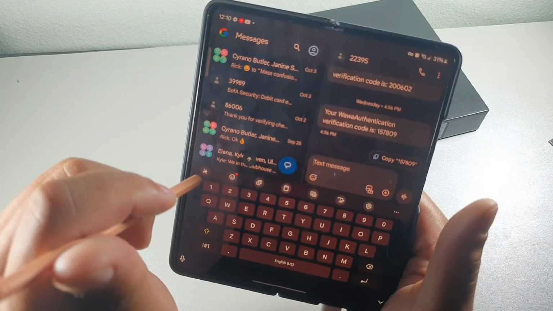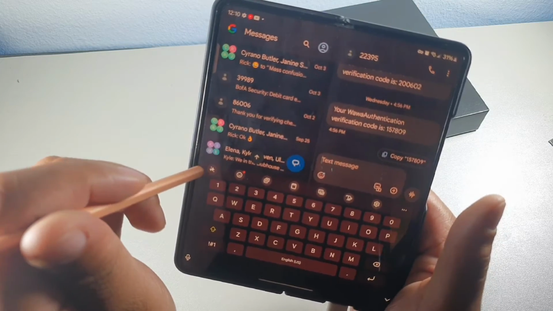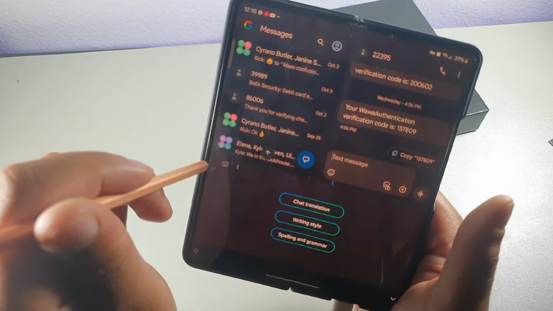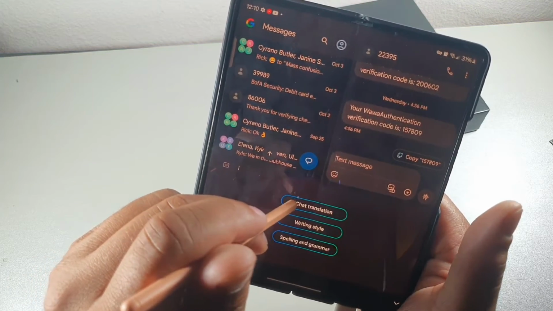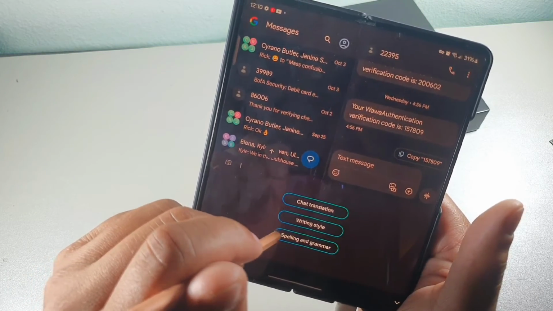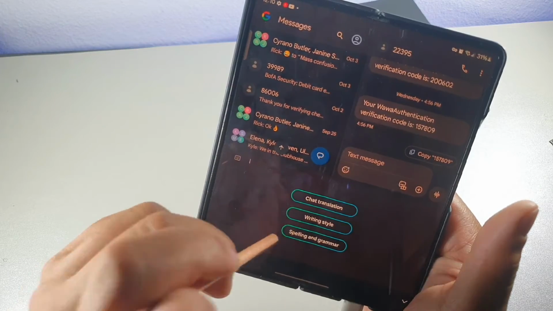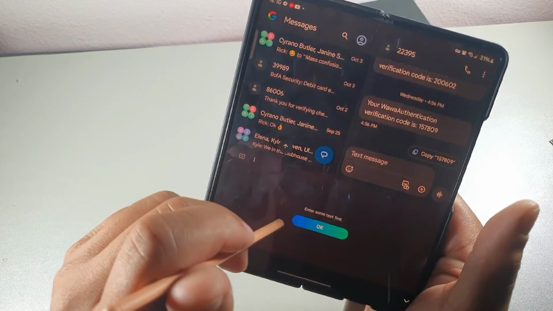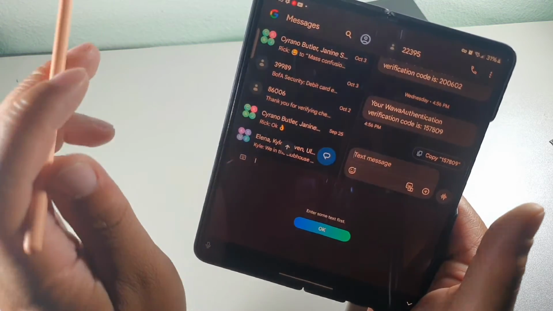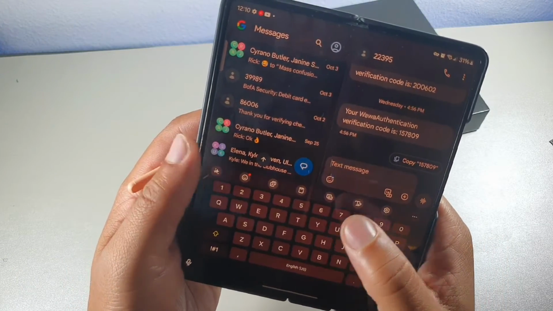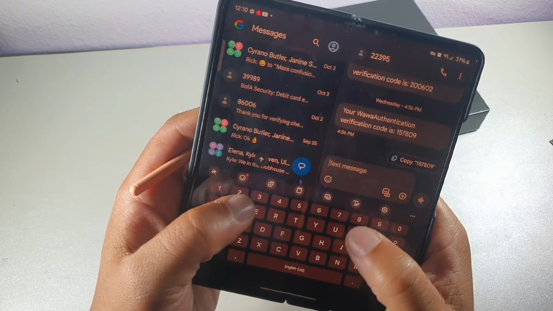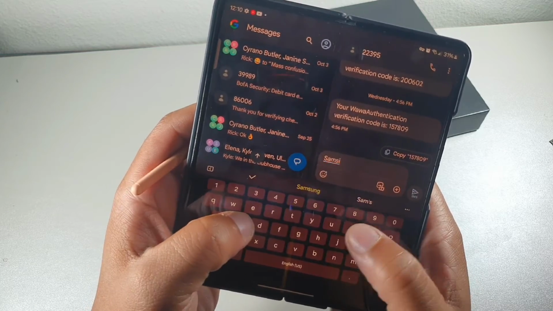Now this next feature is actually pretty cool because it gives you the option to hit this button on the left corner of the keyboard, which looks like a bunch of stars or something. But once you hit that, it gives you chat translation, writing style, and spelling and grammar. So if you hit spelling and grammar, it'll say enter some text first, and then you can say like Samsung